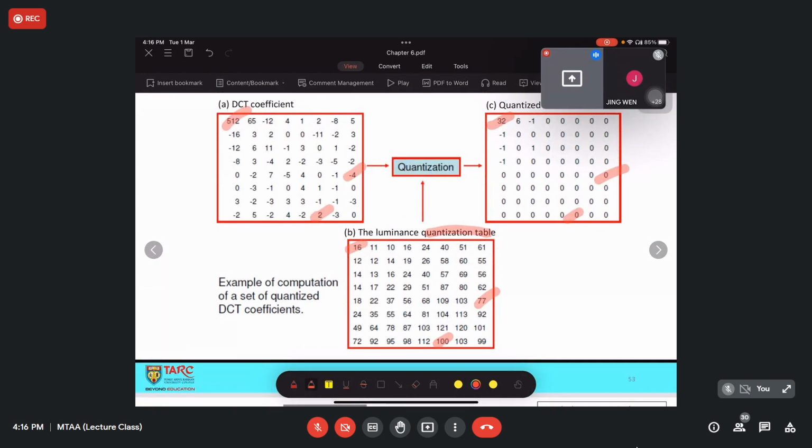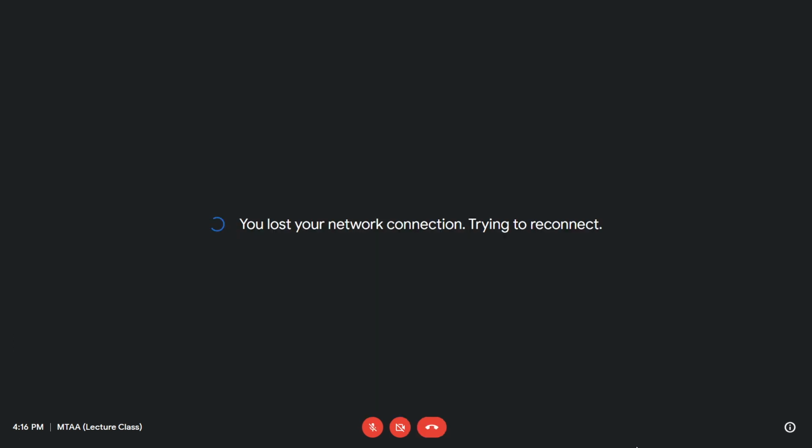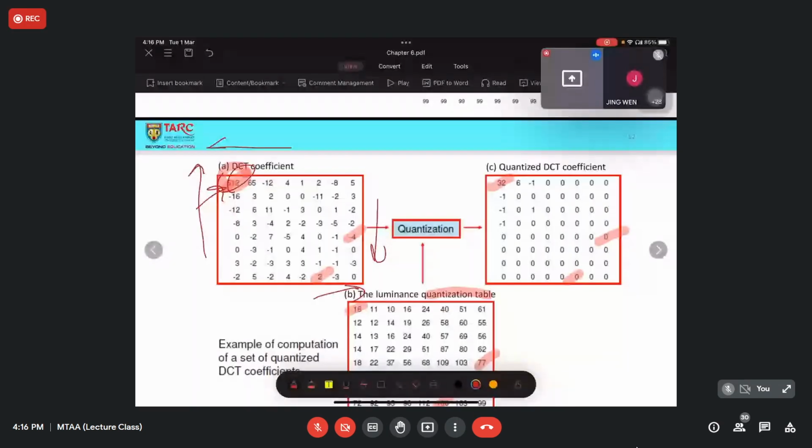The DC value is always the one at the top left. The bottom right would be high frequency information.